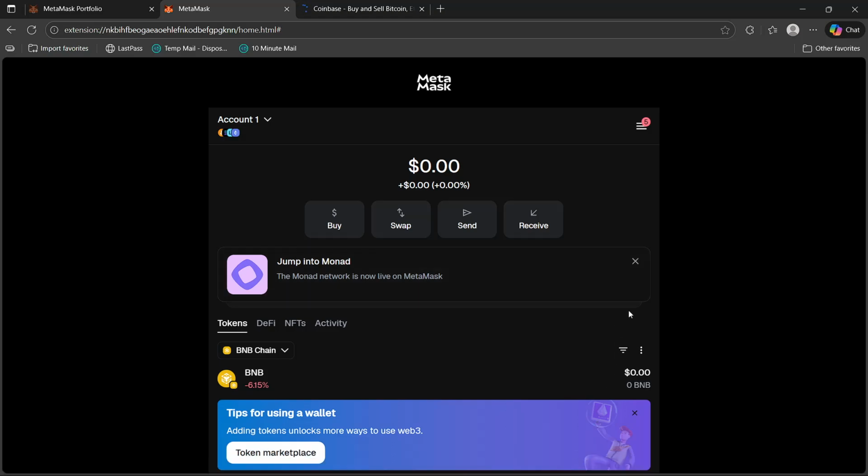Hey there, what's up? In this video, I'll give you a quick guide on how you can transfer from MetaMask